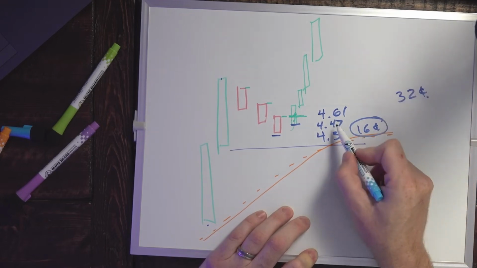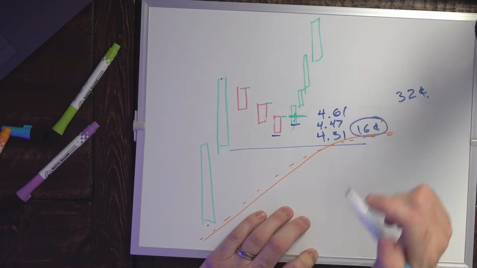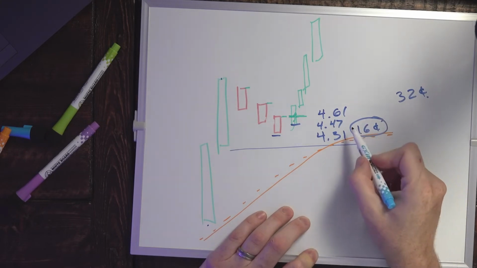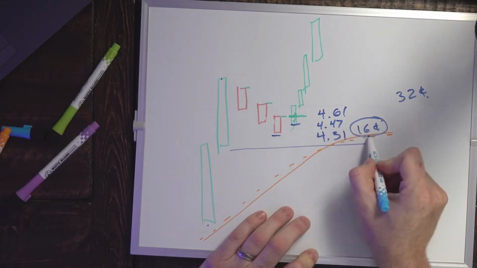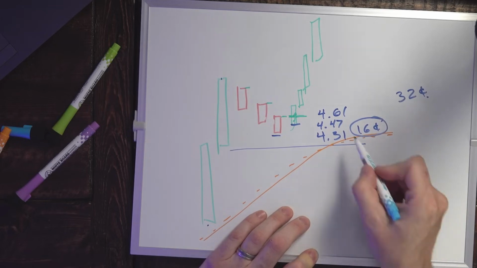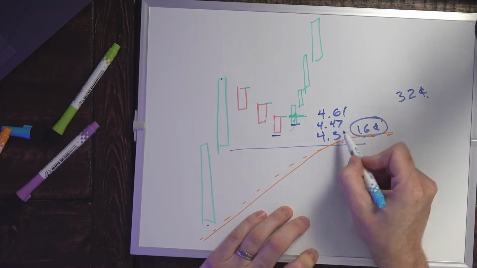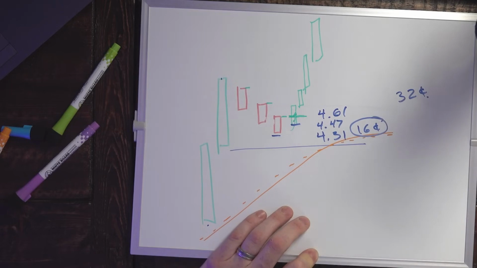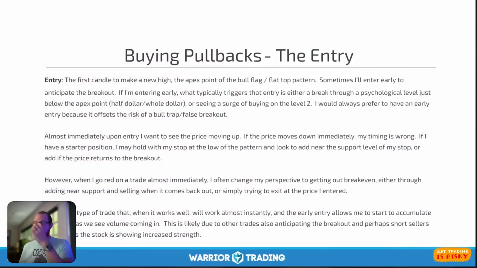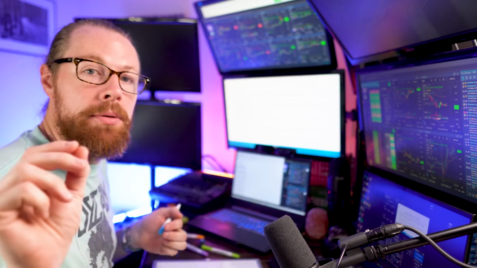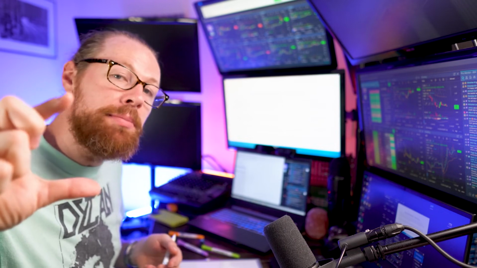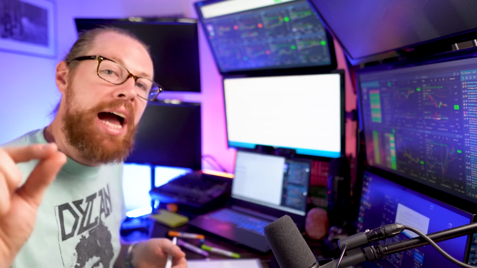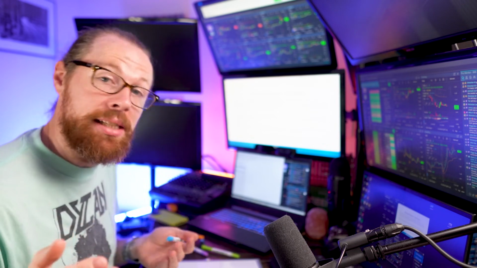Okay. So now I'm looking for a squeeze up to 4.70, 4.80-ish. And now I've got a better risk reward ratio. It's going to be a little easier to achieve that because I got in early. The only downside is that if I've gotten in at 4.47, I actually bought before I have confirmation. So my accuracy is going to be a little lower if I'm getting in without confirmation, but then that's offset by having a tighter stop. So my risk is a little bit lower.